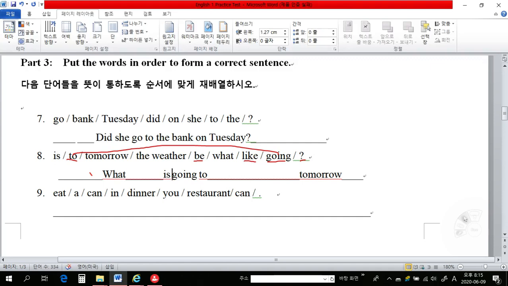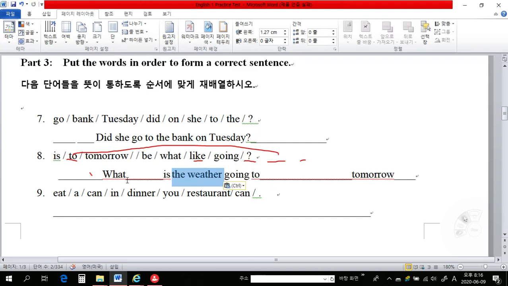So what is? I think the weather is the subject, so we'll put it in here. So what is the weather going to like tomorrow? What is the weather going to